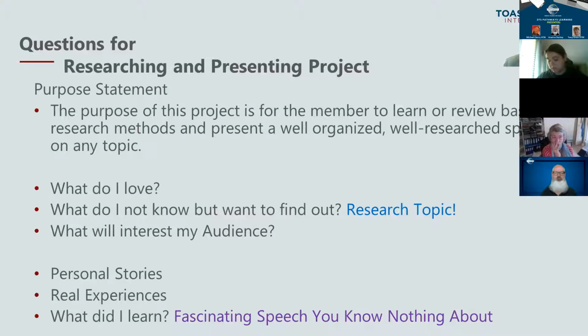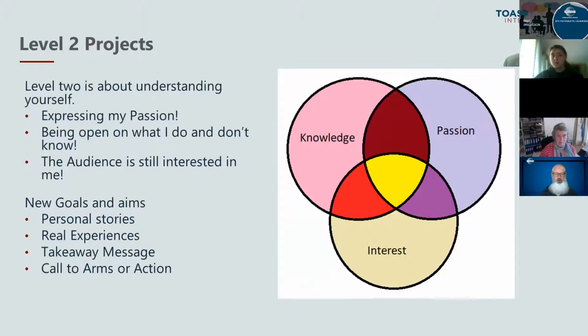The other thing that you probably start doing at this time is looking at your personal stories, real experiences, because that is what gets audiences interested. So the level 2 projects are more about expressing your passion, being open on what you do and don't know.